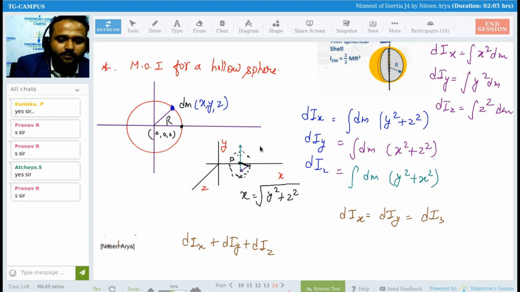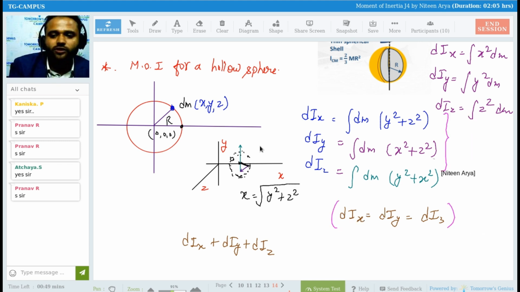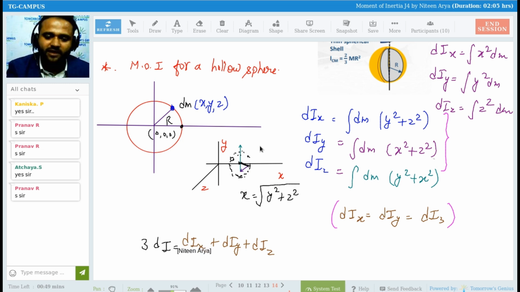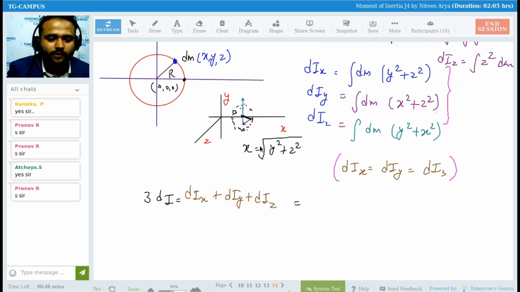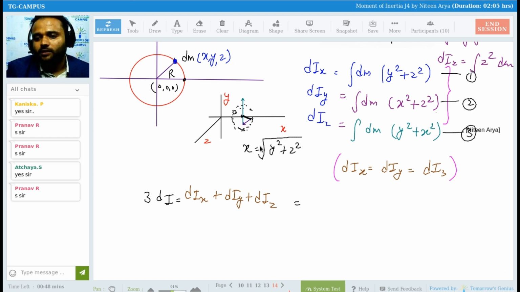Is this clear, beta? From this symmetry we have dIx equals dIy equals dIz, and from these three equations I can write 3 dI equals dIx plus dIy plus dIz. When we add these three equations, equation number 1, 2 and 3, this dIx, dIy, dIz is nothing but